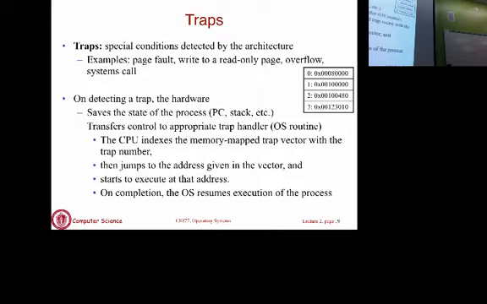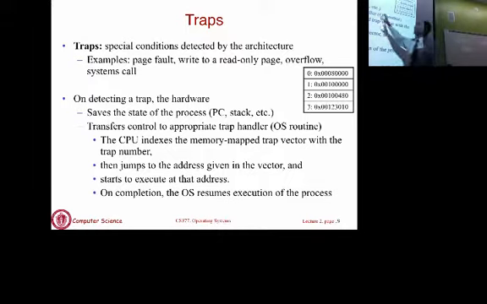Traps are a special kind of interrupt that allow the OS to handle special conditions. Okay? So an example of a trap, as I said, is a system call. An application makes a system call that generates a special kind of trap that causes the OS to execute the system call. Okay? Trying to write to a read-only piece of memory is also a type of error condition. It causes the OS to run and maybe terminate the execution of the process or throw an error to the process saying you're trying to write to a read-only region. Okay? You can have page faults, you can have lots of other kinds of traps.